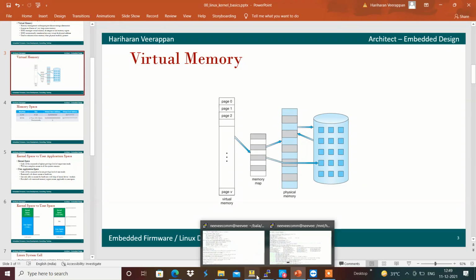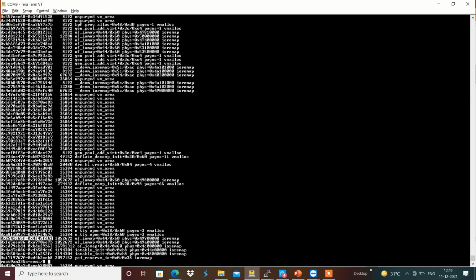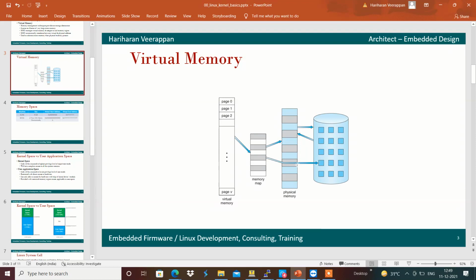We can take this area as one page, and that will have the respective access on the physical memory within the memory map accordingly.